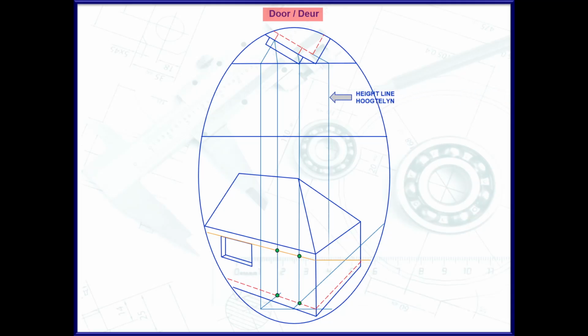To get the inner detail for my door, I need to get my height line. I'll project parallel to the sides 90 degrees down, and that will be the height line. Where those two points intersect, I will project it towards my left hand vanishing point, and to find the interior detail of the door, I need to project towards the station point till it hits the picture plane 90 degrees down, and I'll get the top point and the bottom point for the internal detail for the door. I can then draw my darker A-type lines that I will see in my perspective.